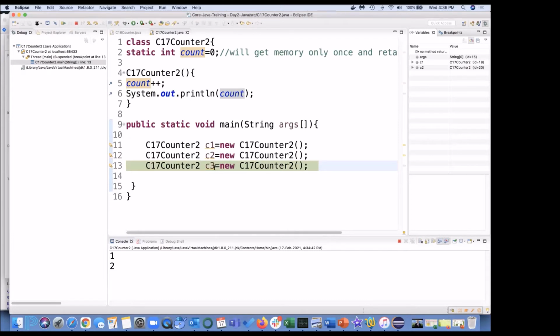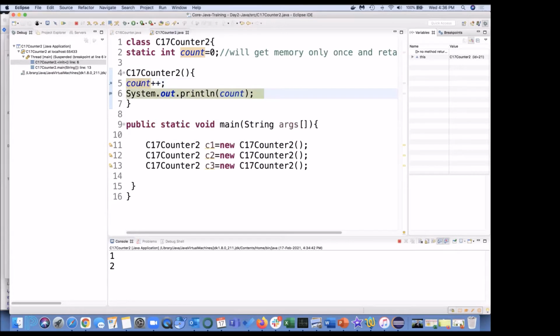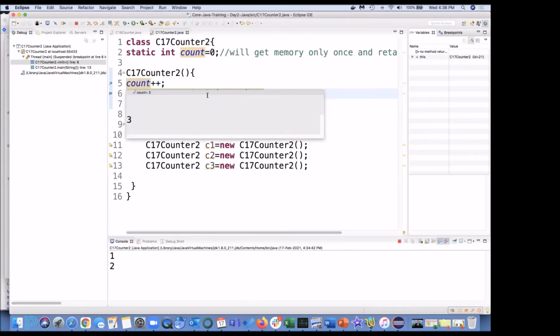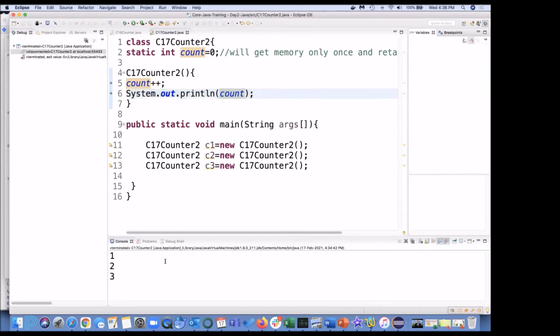Now for the third object creation, that is C3, first the value is 2. After execution of this statement, the value of count becomes 3. And then here also it is 3. If I execute this, 1, 2, 3 is the correct answer. Yeah, well done, Manas.